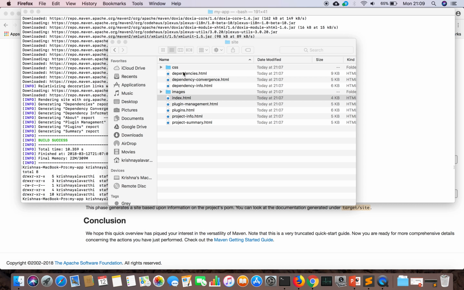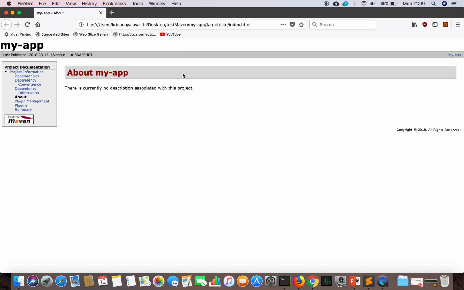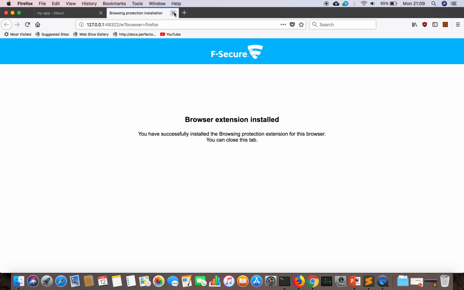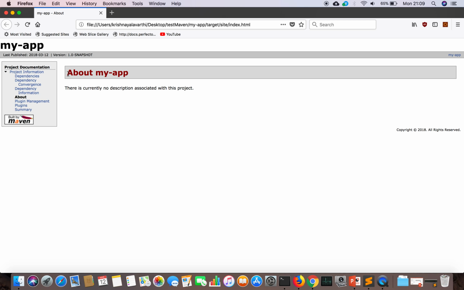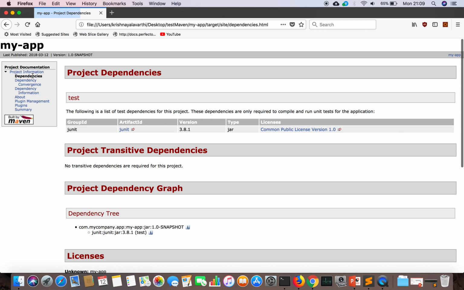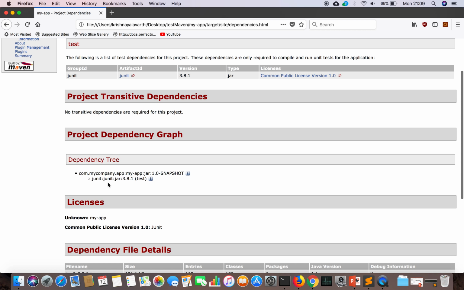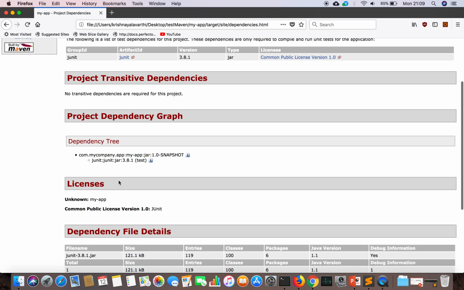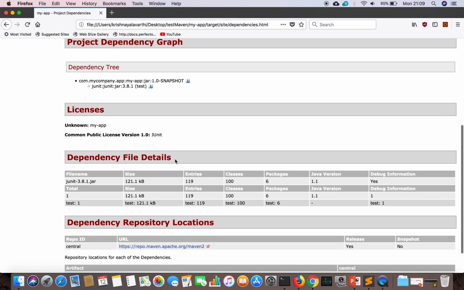So it's created all the files. So if you see, it's created my app. It will create a very nice site for us to understand what all the dependencies are. I have JUnit dependency, and it's showing what it is created. It's created a snapshot jar,